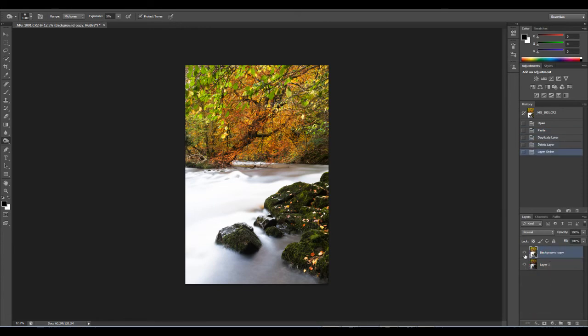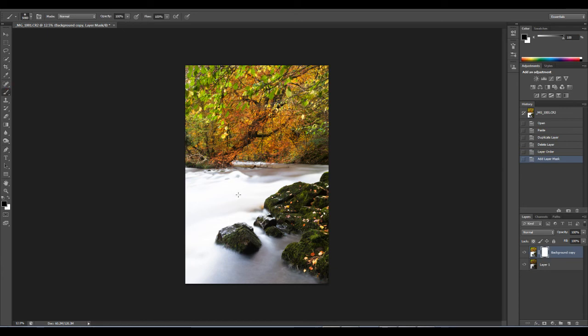At the moment we've got the light area on the top, which I want to keep for the top area here. I also want to keep around this area, and I just want to paint in some areas around it. So I'm going to hit this button down here, which is called add a layer mask. Now what this is going to do is, if I paint into this area,